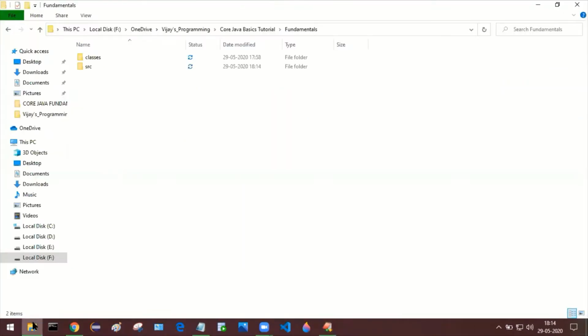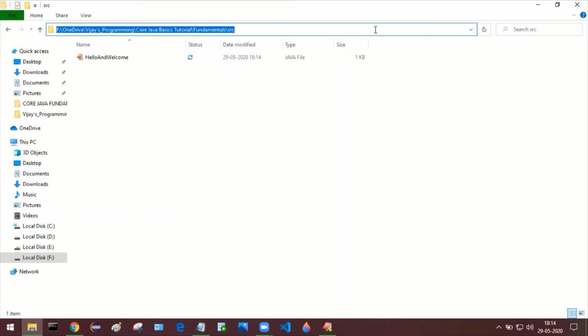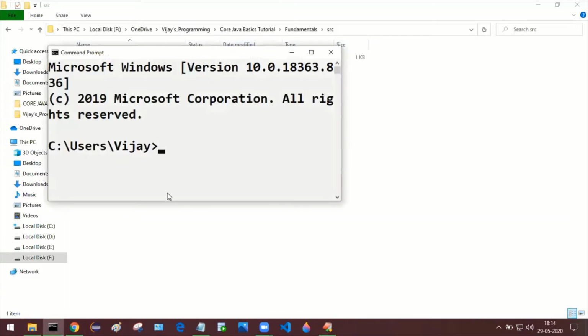Now the very first thing we are going to do here is go inside this src, and here you can find that our recently created program hello and welcome has been saved inside this src folder. Copy this folder location and launch command prompt.